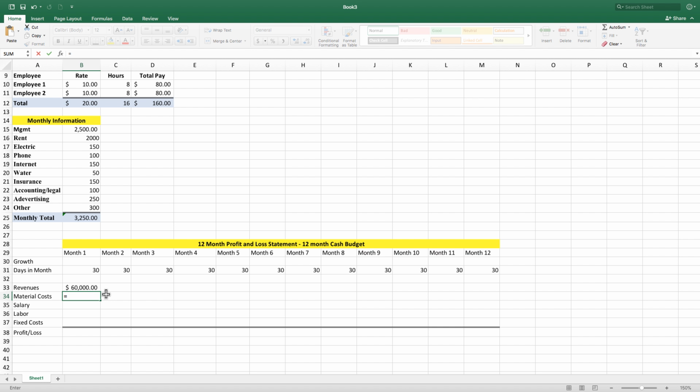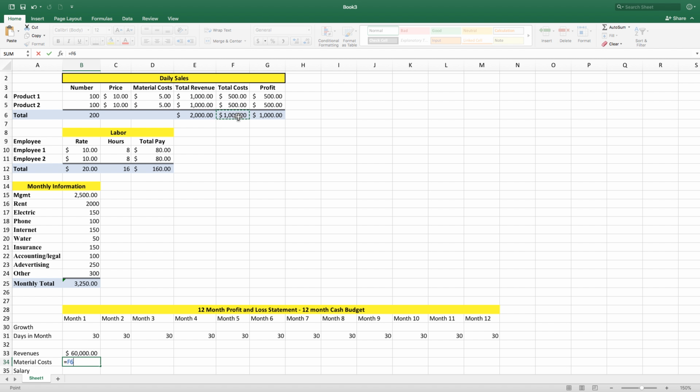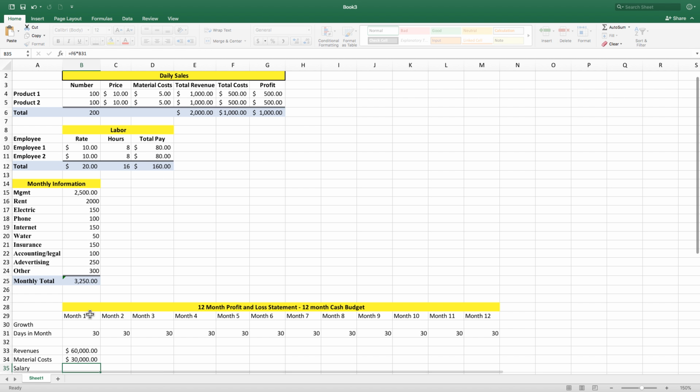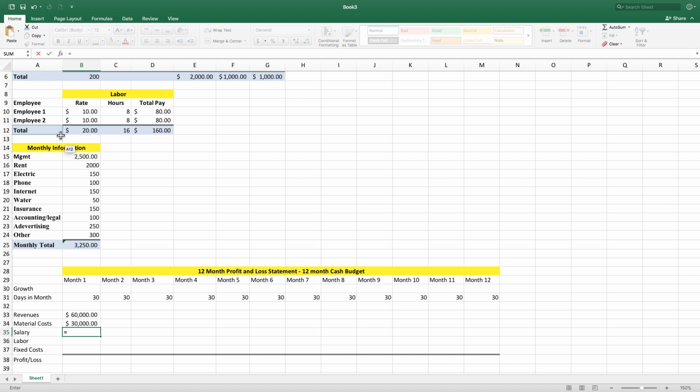The next step, what we're going to do is we're going to take our material cost, total cost, and we're going to multiply that by our 30 days. And then we're going to start dragging down, and we're just going to go straight down the line. We're going to go for the management, which is our salary. And then we're going to go into the labor. So we'll click here for the labor, and we're going to multiply that labor by 30. And then we're going to take our fixed cost, which is right here,